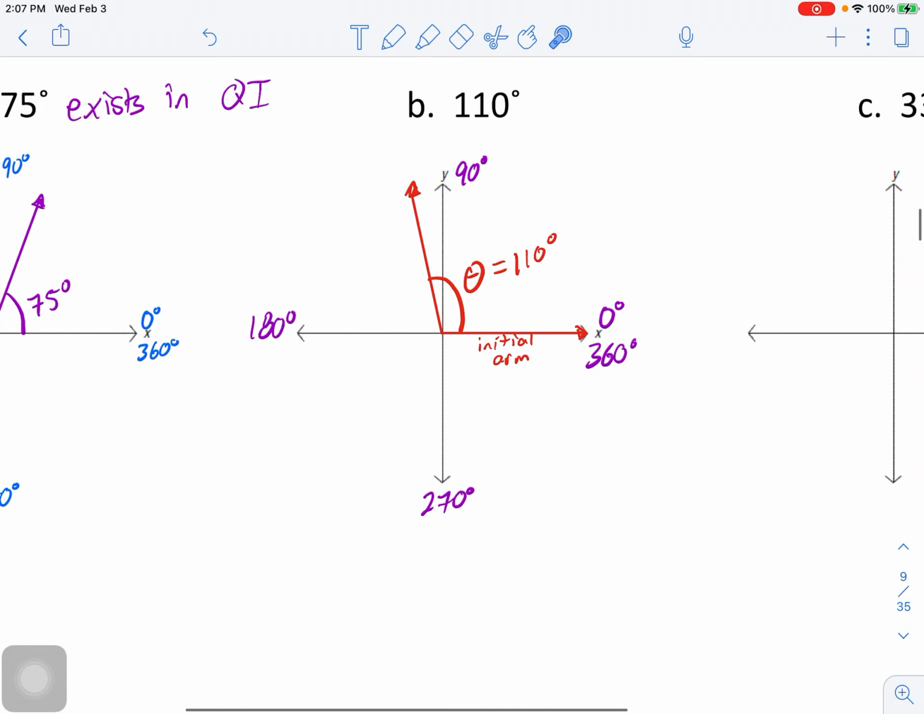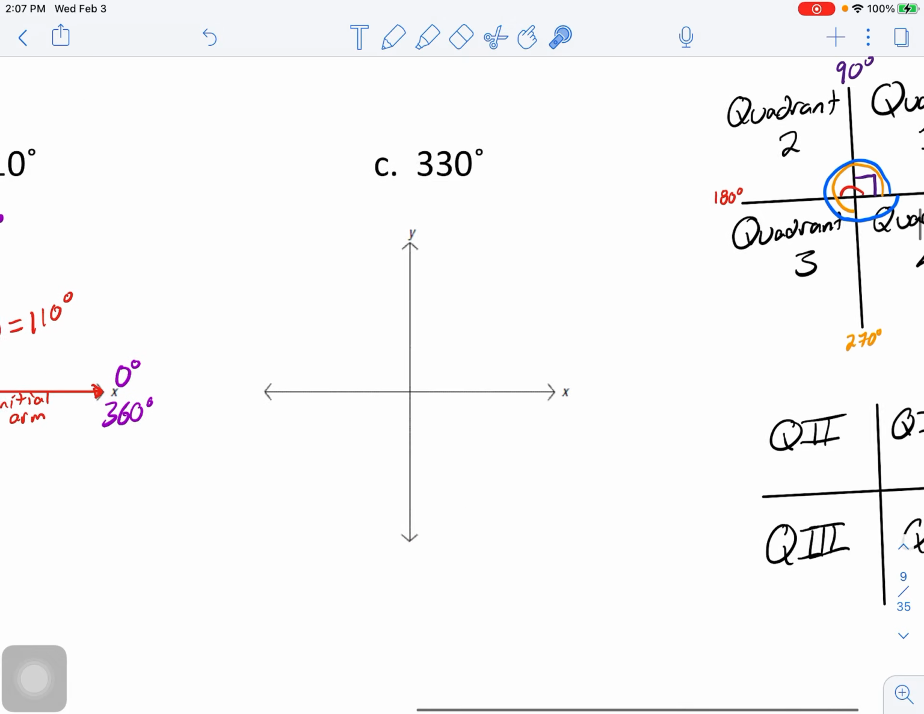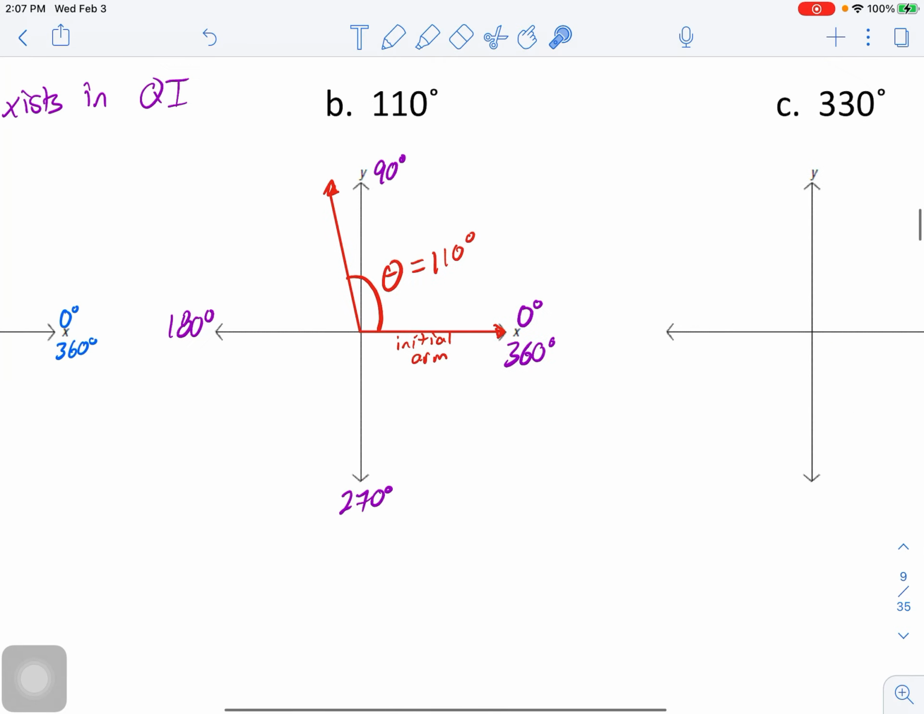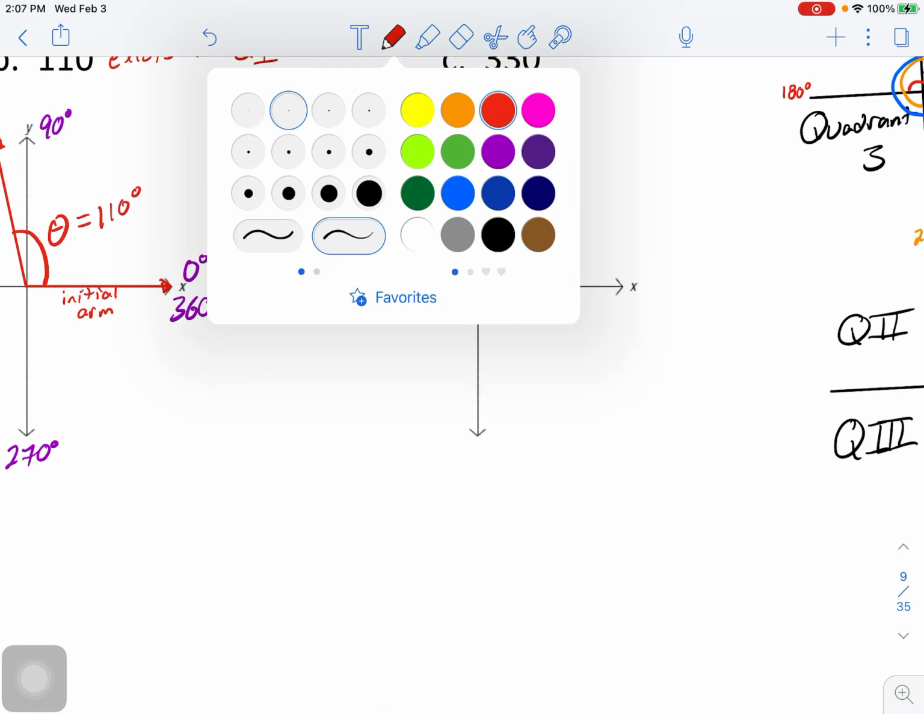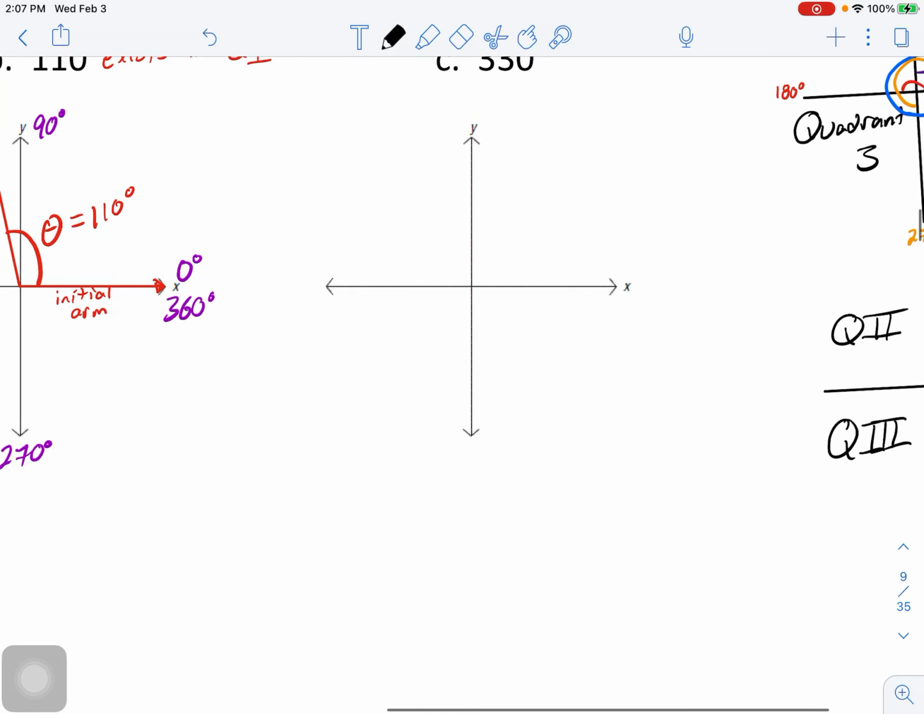Now, where does this terminal arm lie? Well, we can clearly see it lies in quadrant 2. So here, this exists in quadrant 2. Done. Now 330, again, get used to just noting every single